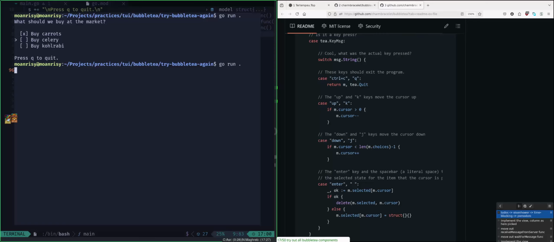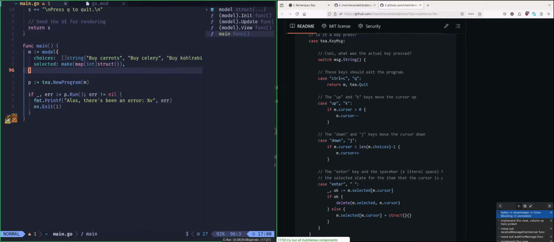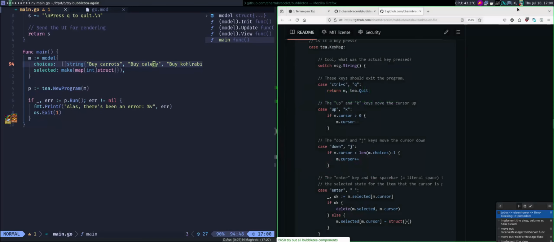If I rerun it again, it's still working the same. So it's a nice way to separate your main function and the initialization of the model. It's basically a tea.NewProgram that accepts a model. Then when these three methods are missing, it's going to throw an error. And that's it for the first introduction.